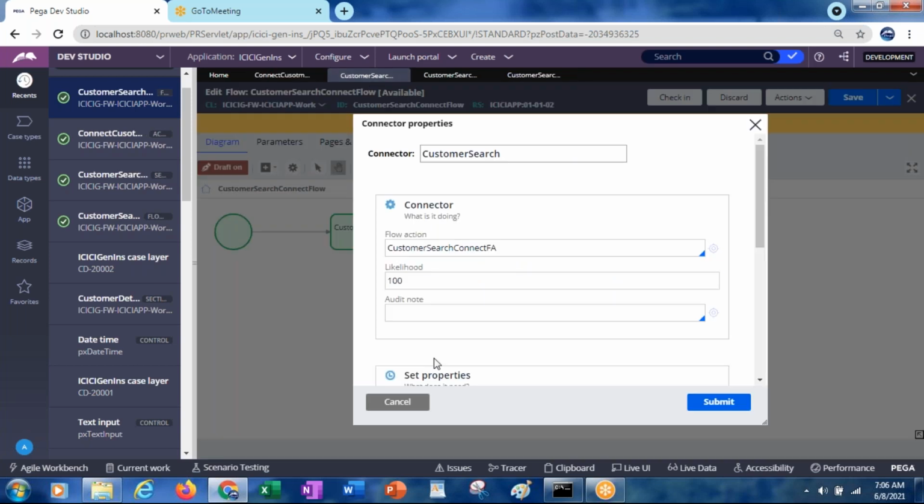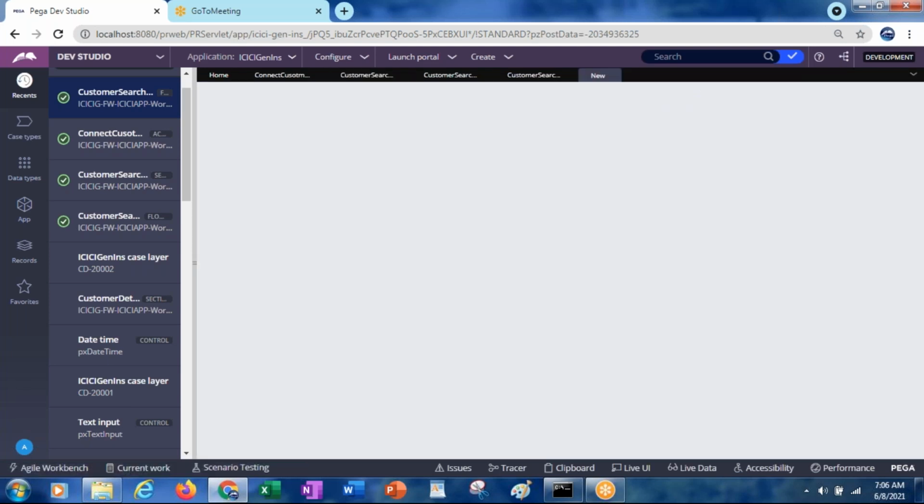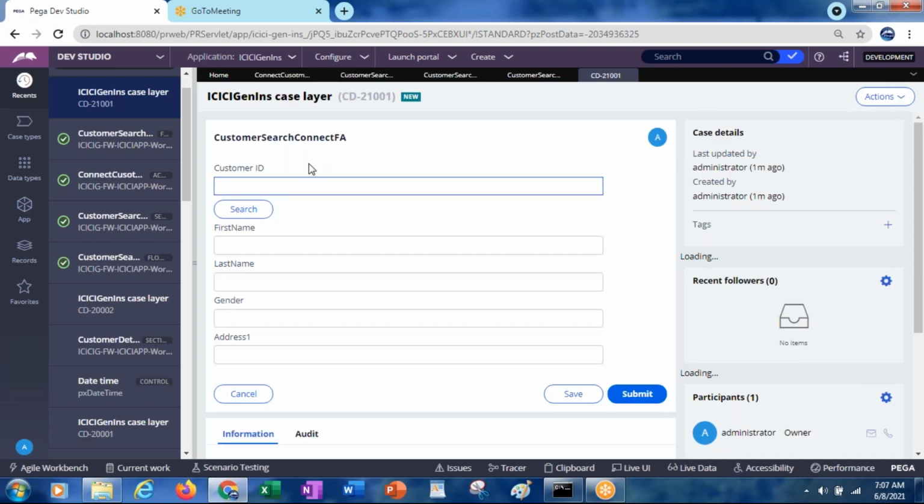So now we got it like this. I think we have C-1, one of the customer IDs.